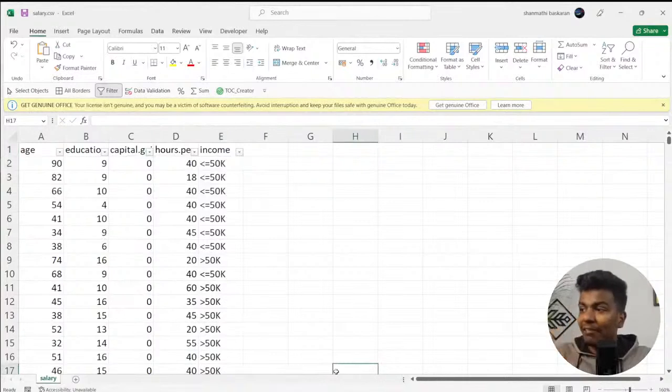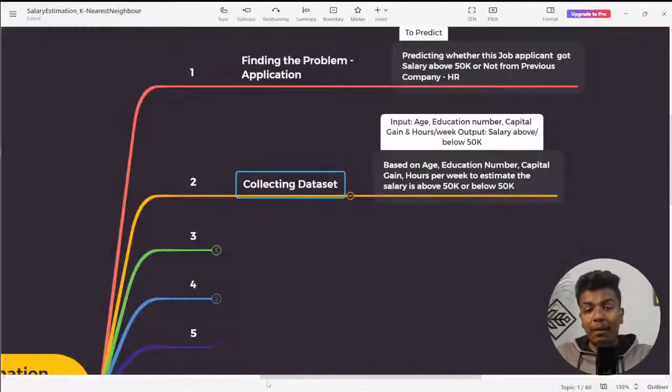Okay, so I hope you are clear with the data and the steps. If you are clear with the steps and data, you just post I'm super clear, Sanjay, in your live chat. So we have 4 columns: age, education number, capital gain, and working hours per week. Based on that, we are going to identify whether the person has got more than 50,000 salary or less than or equal to 50,000 salary. That's what we are going to do as the classification in our project. I hope you are clear with the data. Now let us begin with the next steps.